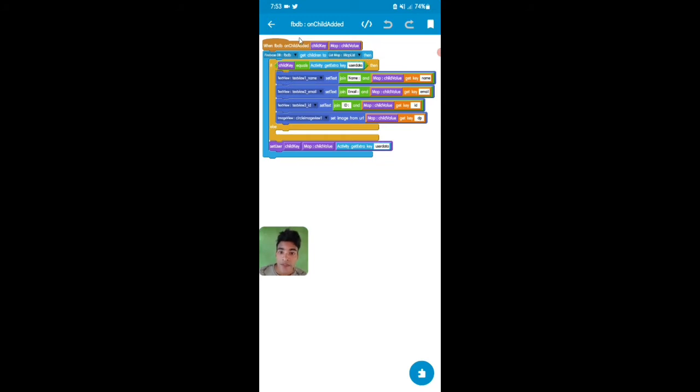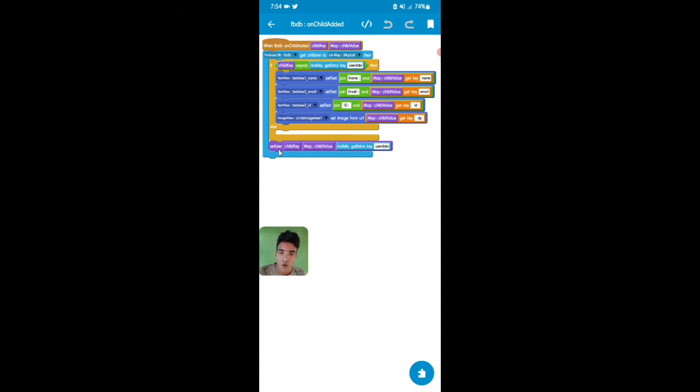Then if child key equals activity get extra key user data, meaning if the child key equals our user's ID, then text view one name set text, this is the simple join and block. So guys, join name and map child value get key name, then text view two email same code and text view two id, this is the id. Okay, id is the same code, and then circle image view set image from url, this is the same code, and else nothing.